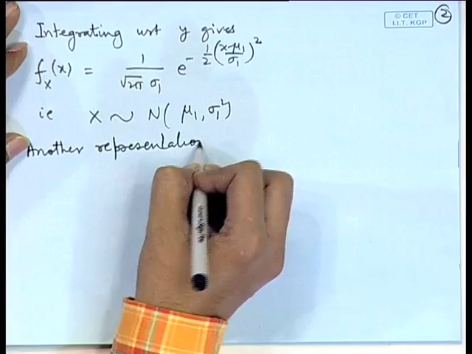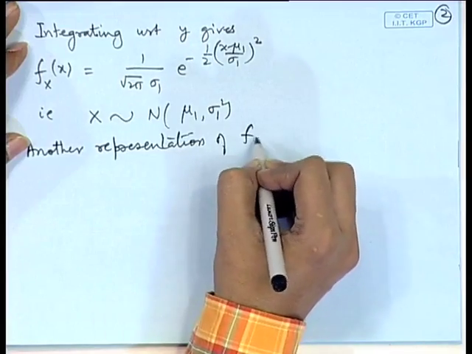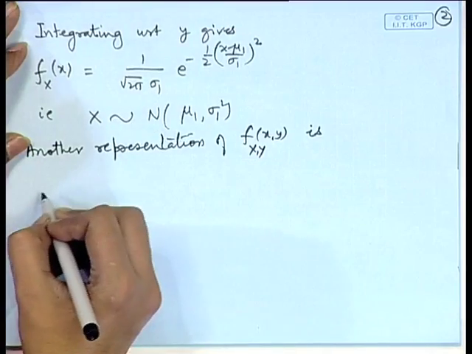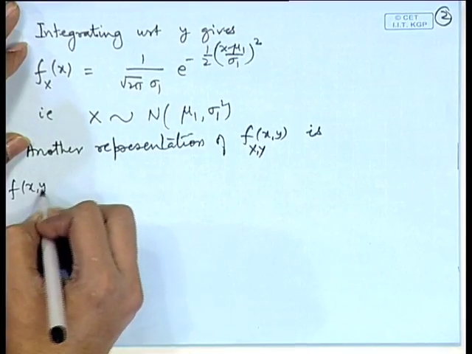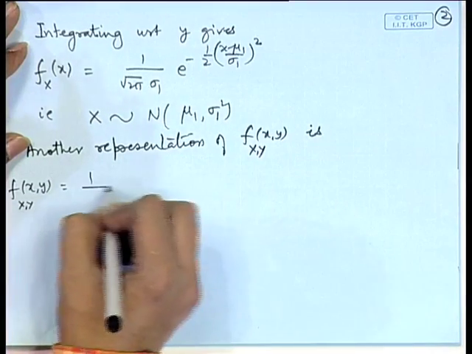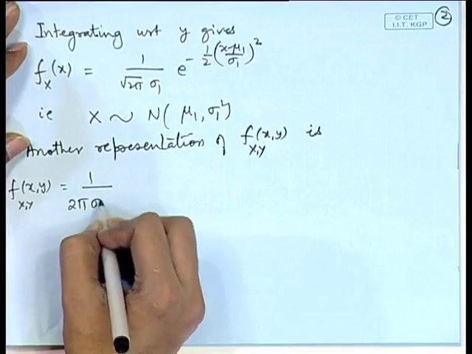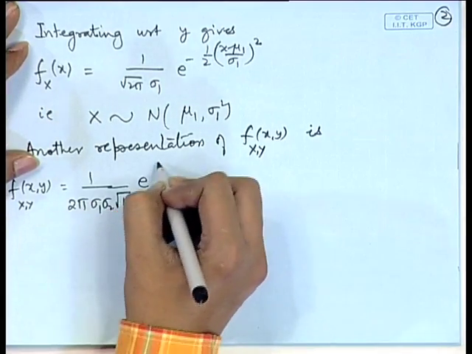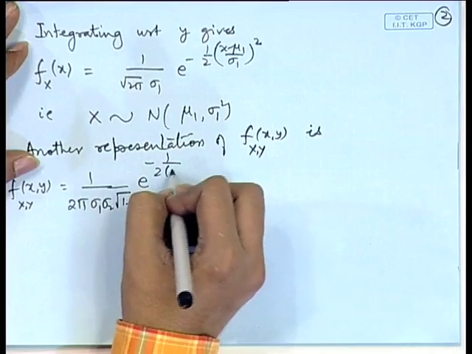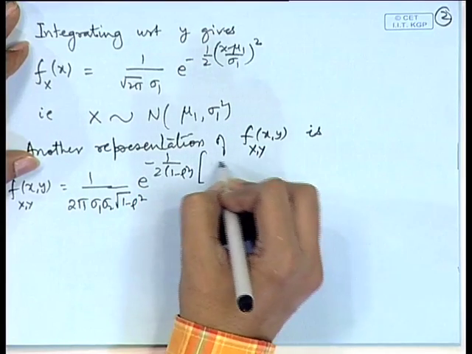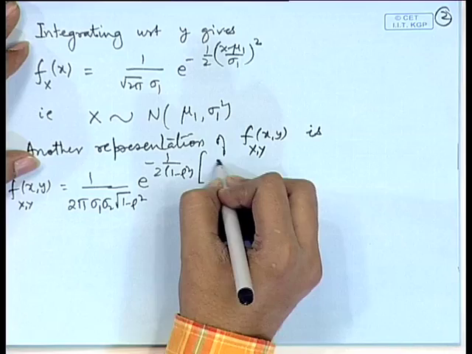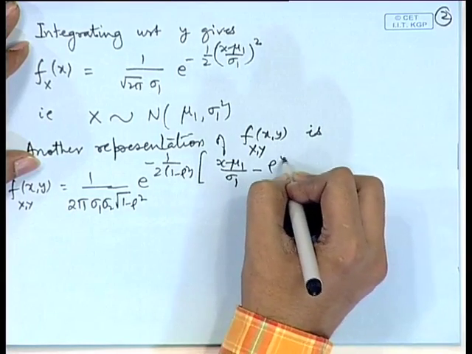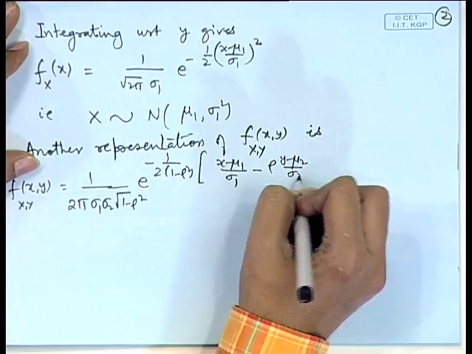Another representation of f(x, y) can be 1 by 2 pi sigma 1 sigma 2 root 1 minus rho square, e to the power minus 1 by 2 (1 minus rho square), and now I make a square with respect to x. So, [(x minus mu 1) by sigma 1 minus rho (y minus mu 2) by sigma 2]